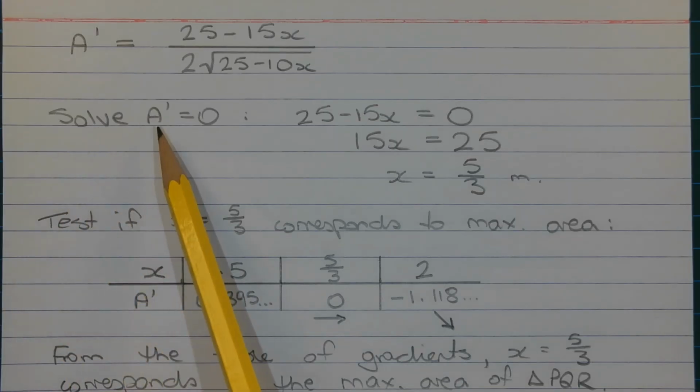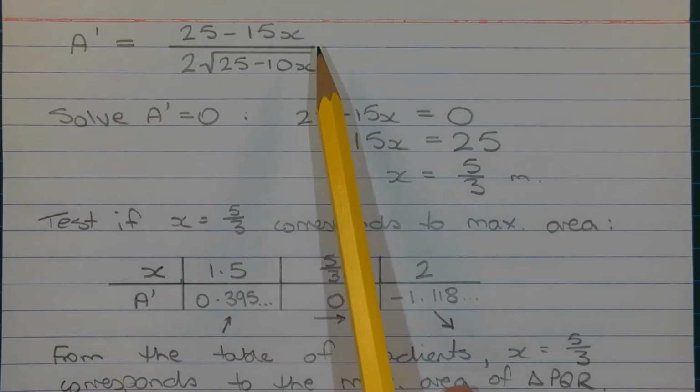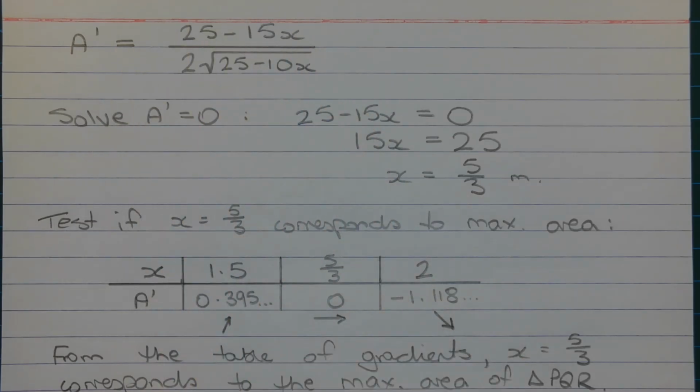Next we solve the equation A' equals 0. Because we're dealing with a fraction, the only way a fraction can equal 0 is if the numerator equals 0. And in this case, the numerator is 25 minus 15x, and we're solving 25 minus 15x equals 0. Rearranging the equation, we get 15x is equal to 25. Dividing both sides of the equation by 15 to isolate x, we get x is equal to 5/3